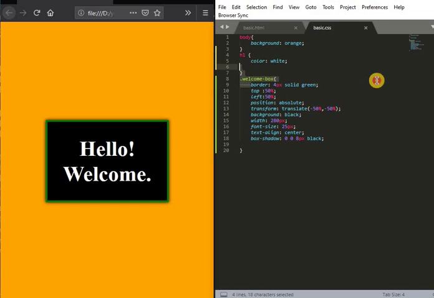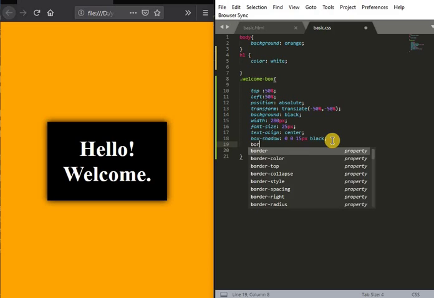Now if I just remove this border, you can see it clearly, you can see the shadow over it. Now if I increase this to 15 pixels, you can see a better shadow. Okay, so not just this, what else can we do? We can actually give only one border.